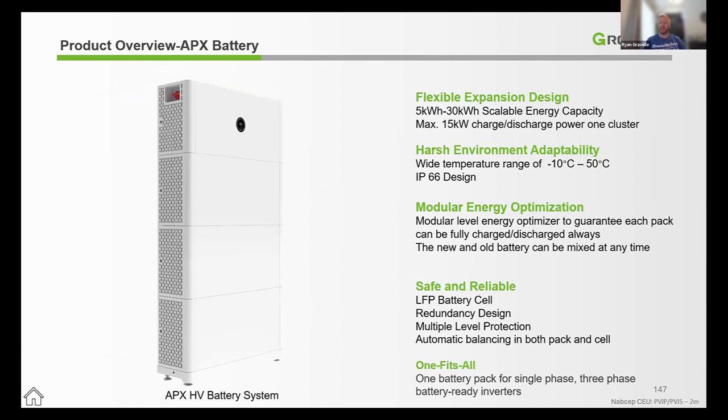That said, this here is the APX high voltage battery. So unlike the SPF, which works on a 24 or 48 volt low voltage architecture, the high voltage batteries would be scaled on a 400 volt architecture. The APX battery is great because it's flexible from 5 kilowatts up to 30 kilowatts. It can allow your customers a low barrier to entry to critical load storage and things like that. But again, if over time they decide they want additional runtime or additional output capacity, you can add additional battery modules to increase the current output and make sure that they're keeping all their loads online,